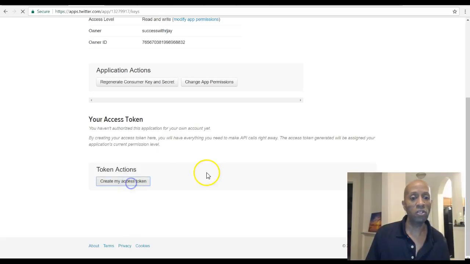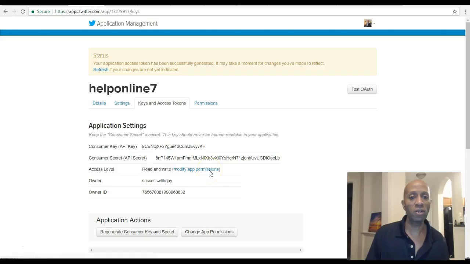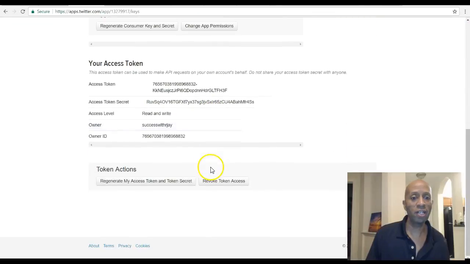Now, go back in there, scroll down, and you need to go ahead and create your access tokens. Okay? So you click that, and it's going to refresh. Scroll down there, and boom. Look what we got there. Again, you're going to do the exact same thing,